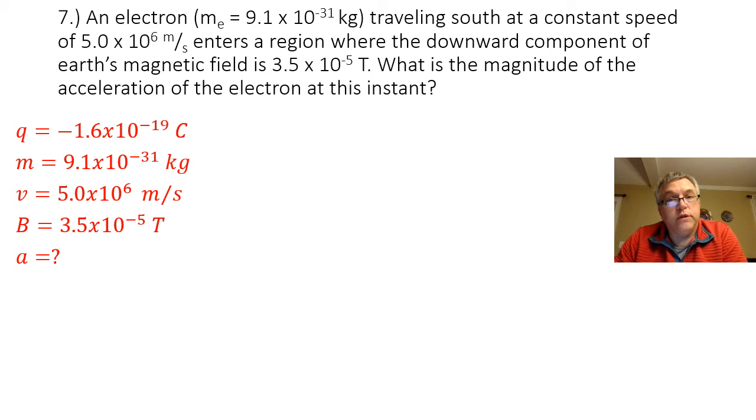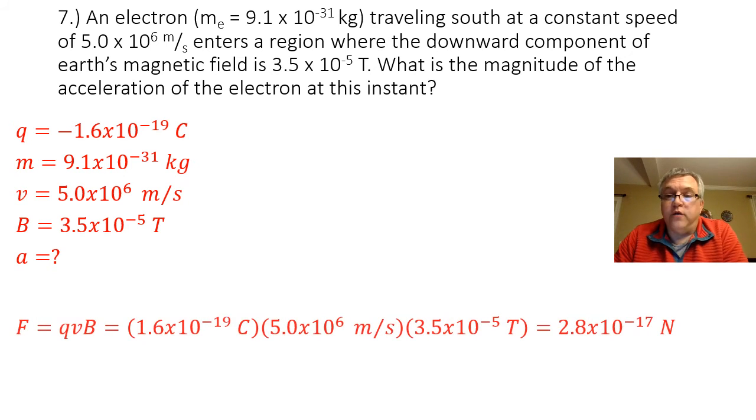And if I know the force acting on the electron, and I know the electron's mass, I can use Newton's second law to find the acceleration. So first, let's find the force. I know the force is going to equal QVB, the charge times the velocity times the magnetic field. So I plug those into my problem, and I am going to get a force of 2.8 times 10 to